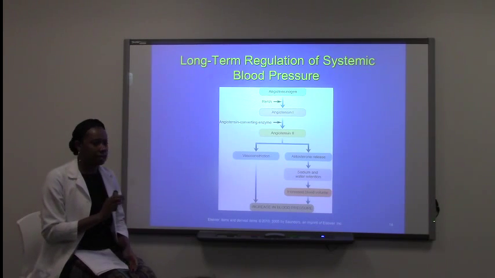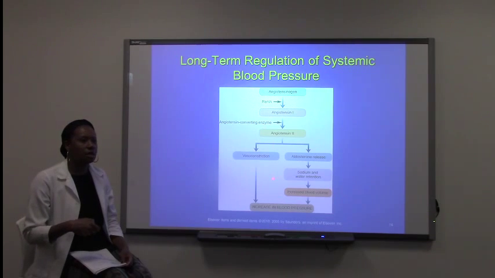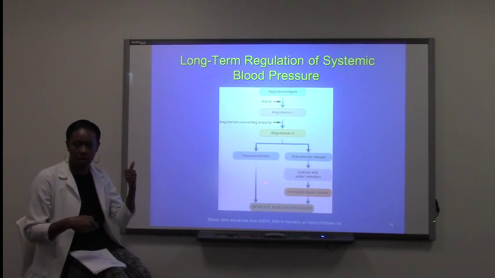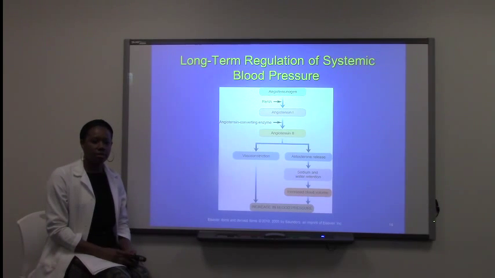Okay? Does that sound familiar? I hope it does. So this is basic physiology of what happens when we increase blood pressure. Now, say for example, a person has